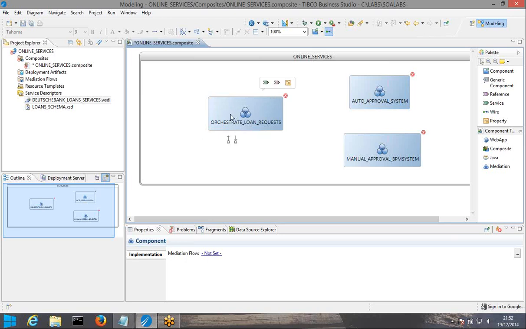So these are the three components we have. One will be intercepting the requests, and based on the condition, it will be sending them to auto approval or the manual approval. Okay. Now, first, what exactly we will do is